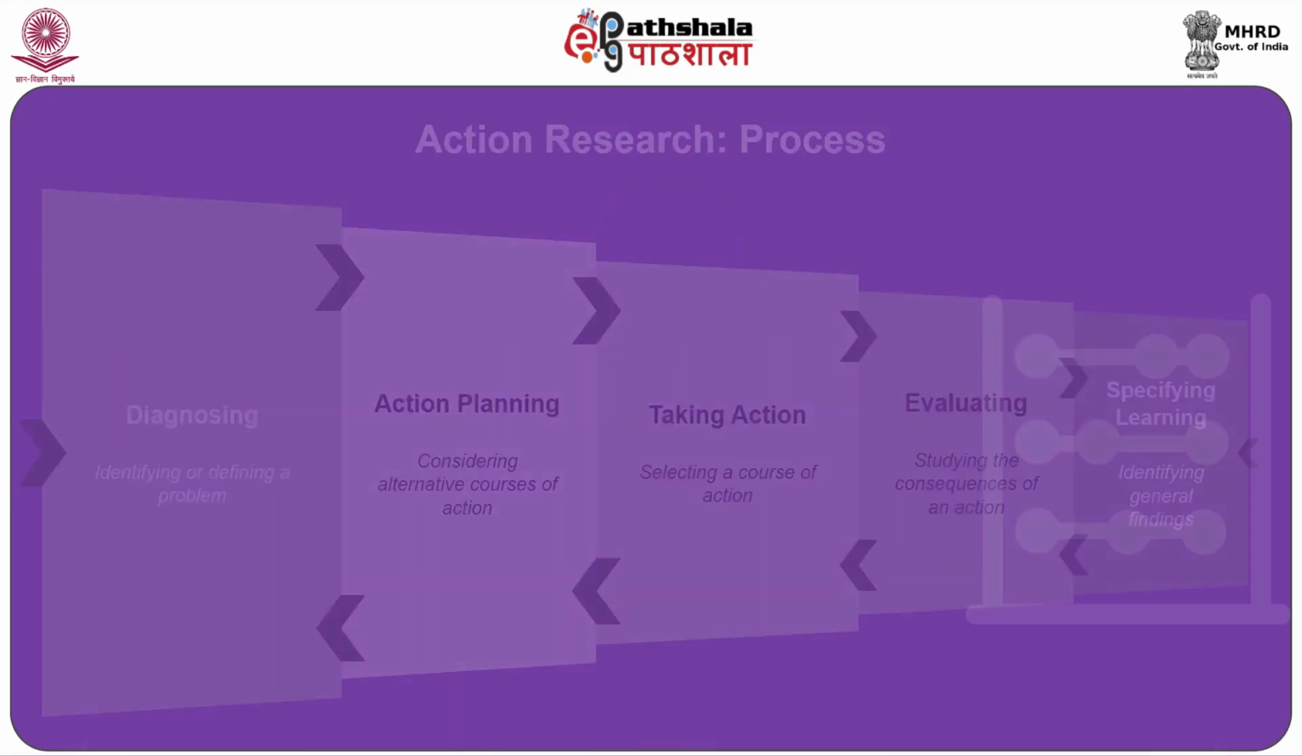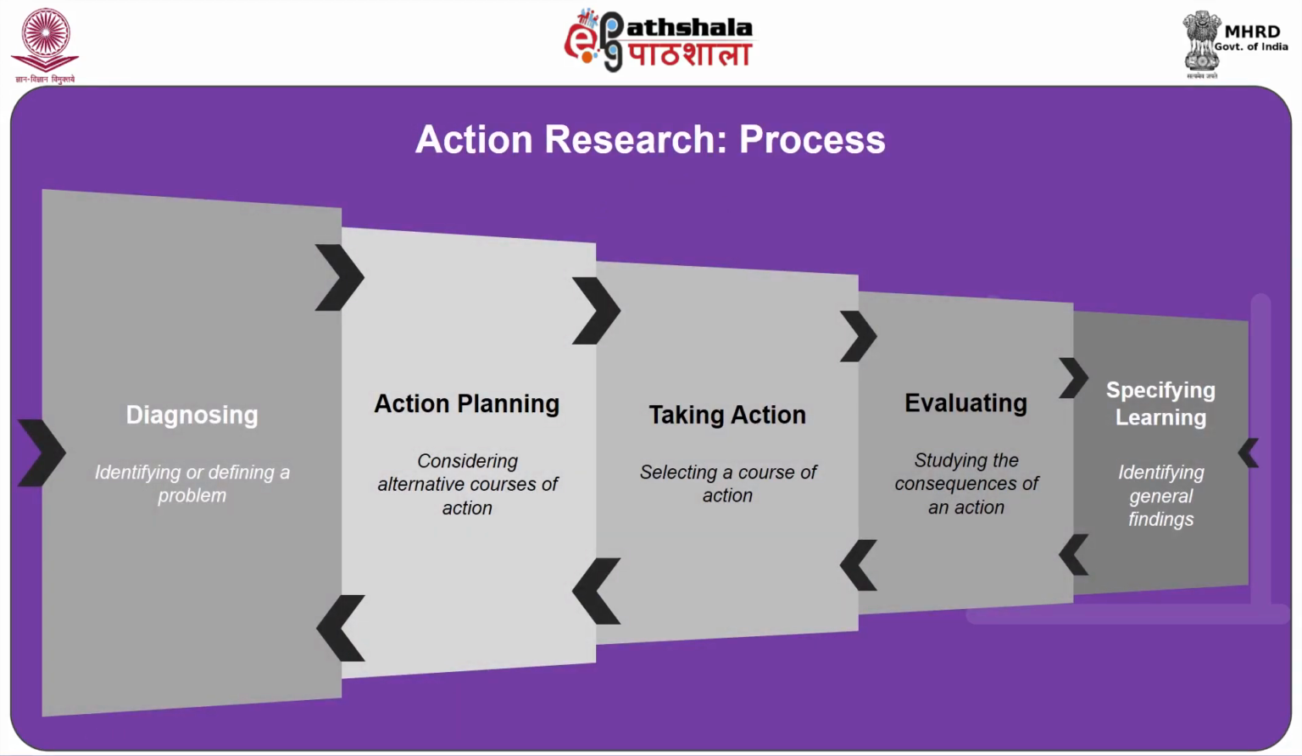Now, we would like to discuss the action research process. Gerald Schussman outlined that the action research process takes place in 5 phases as a cyclic form, as shown in the diagram. According to Schussman, the action research starts with diagnosing, that is identifying or defining a problem, then will move to action planning, wherein one would consider alternative courses of action, and then move to taking decision, that is in terms of selecting a course of action,